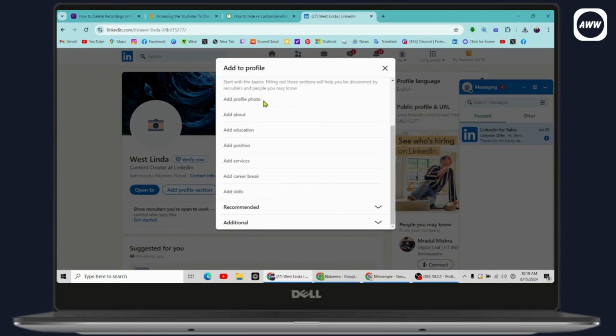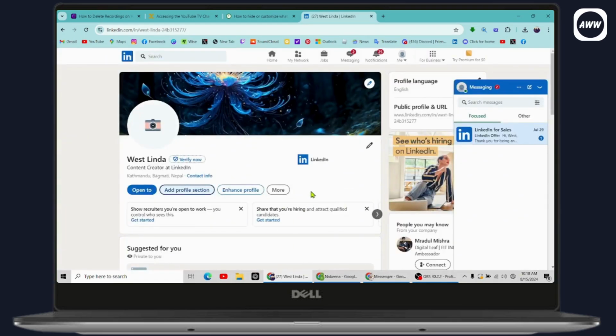In here, you will have all of the options like add profile photo, add about, education, position, services, career break, skills, and under the recommended section, you will have all of these features, and under additional, you will again have all of these options. So what you need to do is go to your home page and go with the